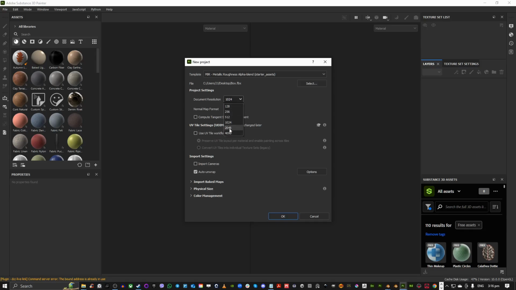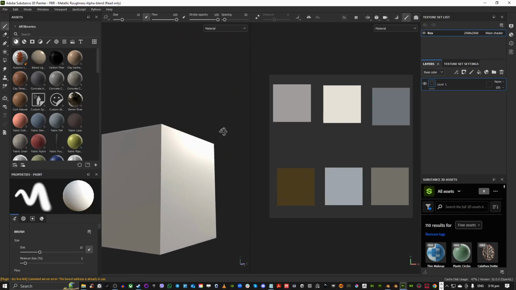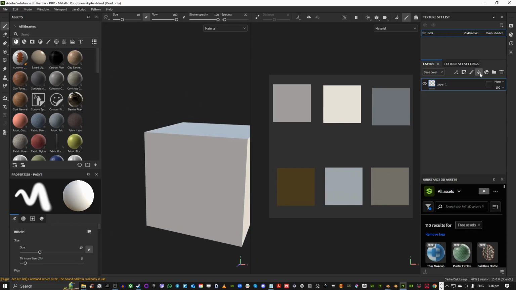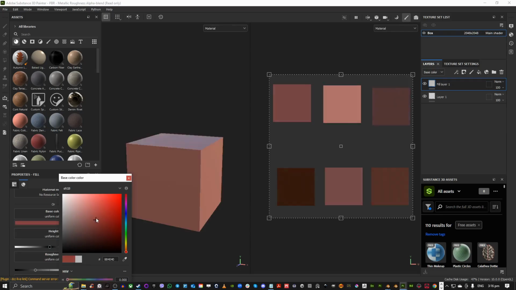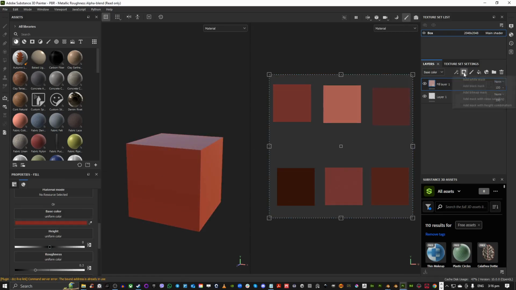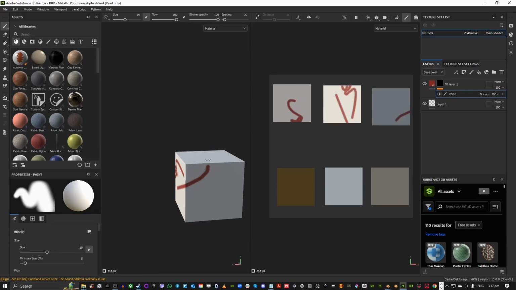I would typically use 2048, OpenGL, and then that's it. When you import, you should have the box, and then you have the UV set. And now you can paint it. Actually, I will use this. Change the color, use a fill, change the color. I'll add a mask, and then paint. And then whatever I paint inside the mask, it's what's going to appear. So you can see